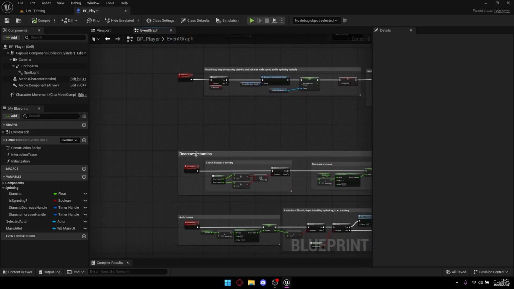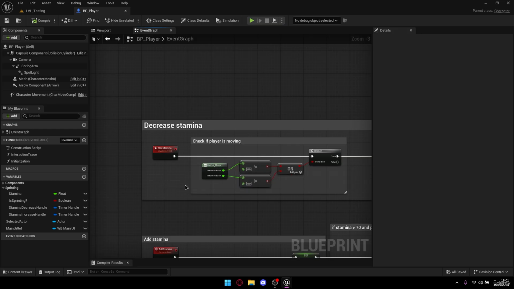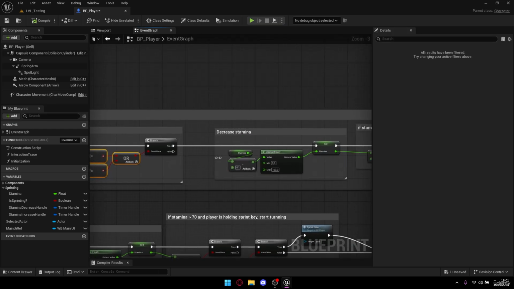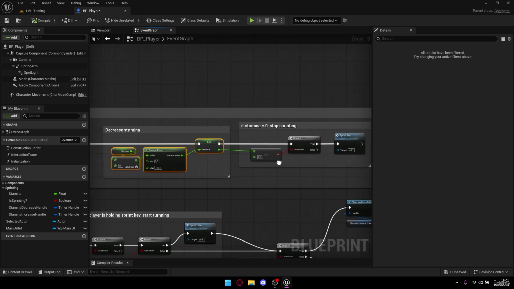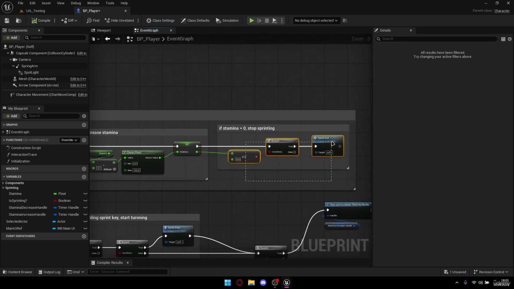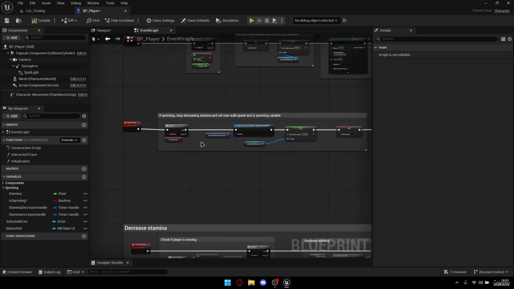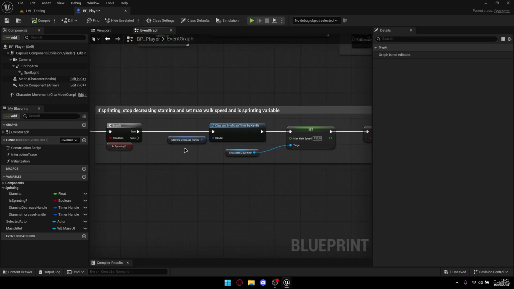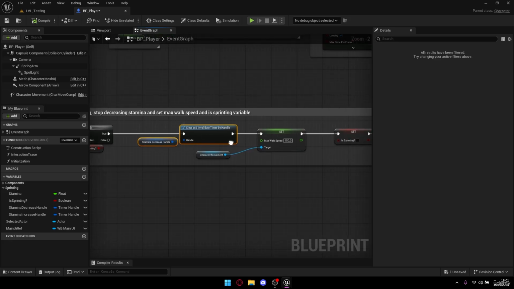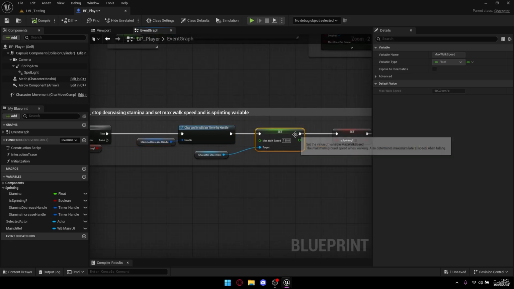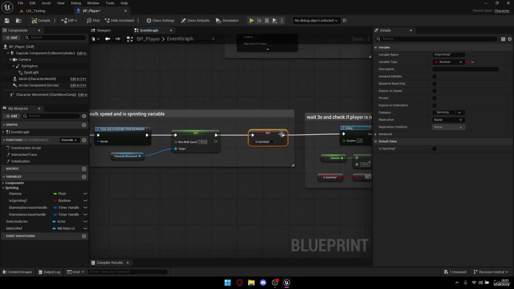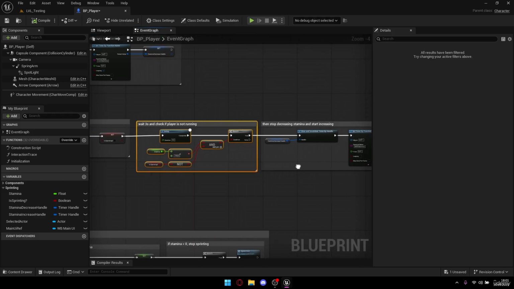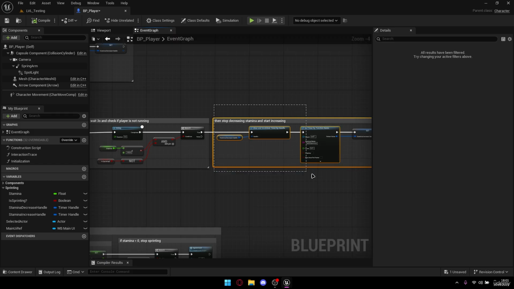This function is right here, decrease stamina. First, we make sure the player is moving. Here we are decreasing this stamina right here. And if stamina hits 0, we are exiting sprinting. Sprinting exit looks like this. First of all, we make sure we are sprinting. If we exit sprinting, we no longer want to decrease our stamina, and we are going back to 150 walk speed. We are setting is sprinting to false, and after 3 seconds of not sprinting, we are starting to regenerate